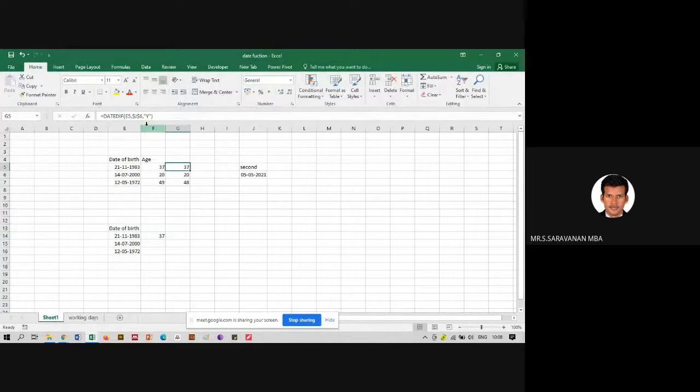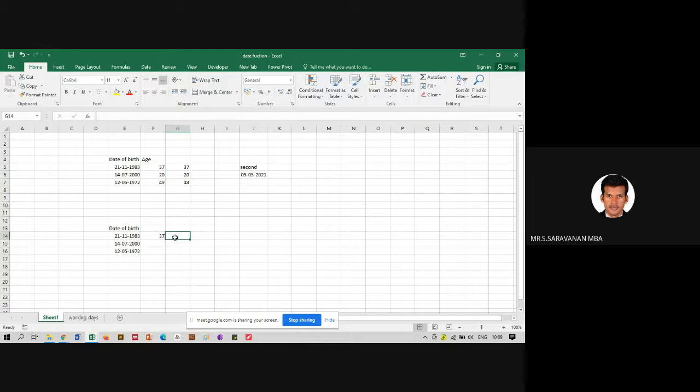The second way of doing it is this. There will always be a cutoff date. So normally for faculty they will say, on the 5th of May, what is his age? If you want to calculate that also, it can be done. The same formula, the only change we are going to make is to include the cutoff date.